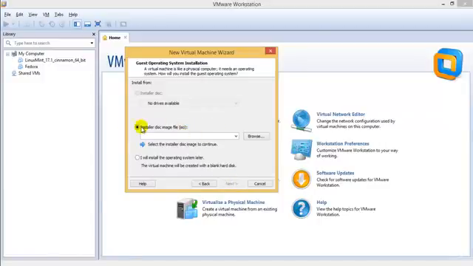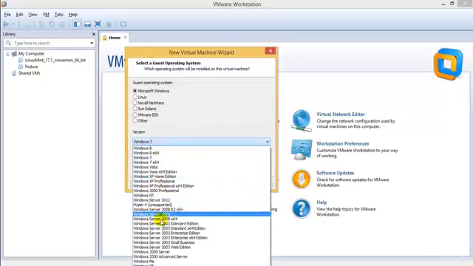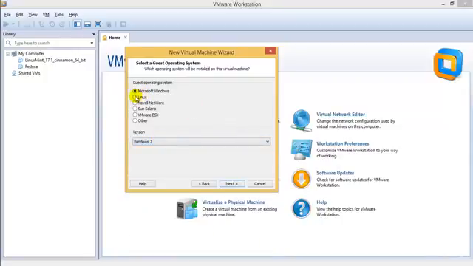After that, normally people go ahead and choose this, but I would suggest not, because that can sometimes create problems. So I'll go ahead and select "I will install the operating system later." Next, since we would be installing Kali Linux, I would suggest